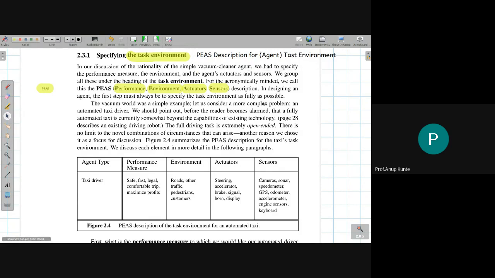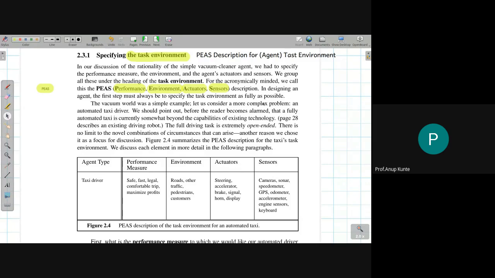Second thing, it should not be working on just the current percept, but it should work on the percept sequence plus the knowledge that it has about the environment. Now, if we want to incorporate knowledge into an agent's behavior, then that knowledge must be of two kinds. One that comes through the percept sequence. So we must know what is coming through the percept and remember the set of percepts that are coming to the agent. Plus, we as a designer should also embed certain understanding about the environment into the agent's architecture or agent's definition. For that, we should do an analysis of the environment in which the agent works.